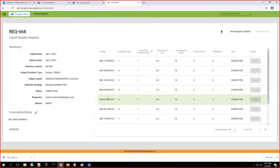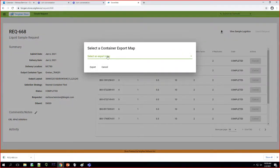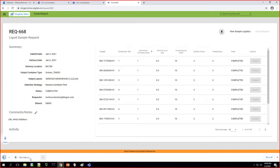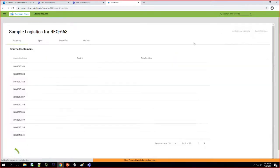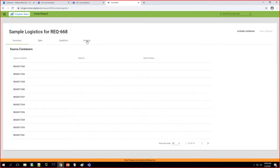Okay, so a couple of things that you can do when you're looking at the run is, first of all, you can use this export function to export. I don't do this until the run is all the way completed, but you can have an export of this file that you can take into your data analysis software. So you can export that, it pops up, and then you can take that file and run over to your data analysis software and load that in, so you don't have to do any manual mapping. Another thing that you can do is view sample logistics, and I'm just going to jump to this last